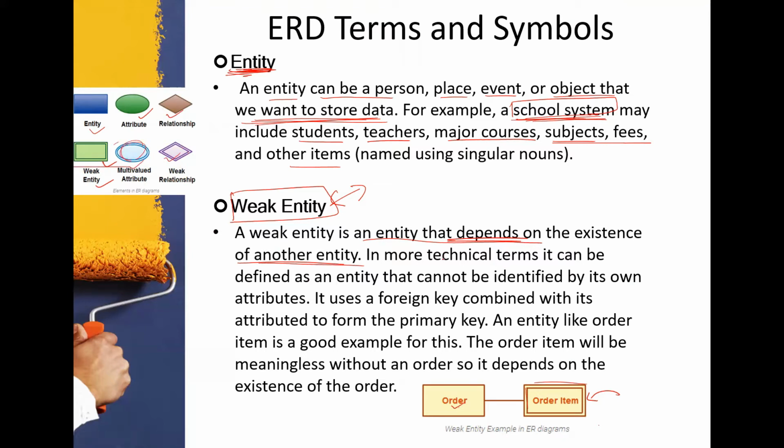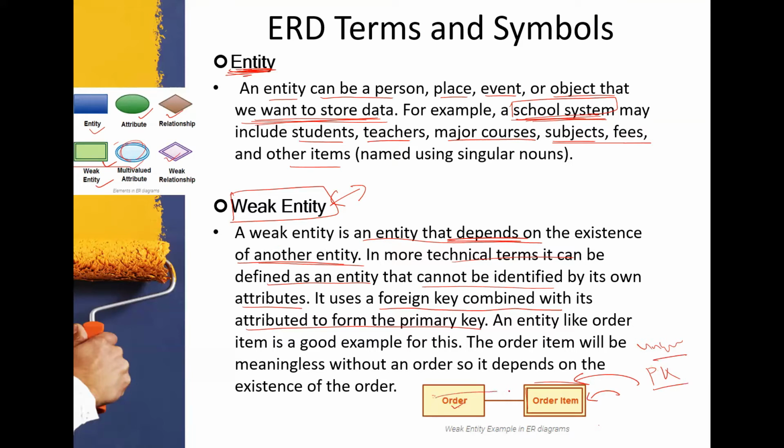Okay, so in more technical term, it can be defined as entity that cannot be identified by its own attributes. It use foreign key combined with its attribute to form the primary key. Maksudnya dekat order item ni, dia tak boleh nak define, dia tak ada unique key. Okay, bila sebut unique key, dia tak ada PK. So, dia memerlukan